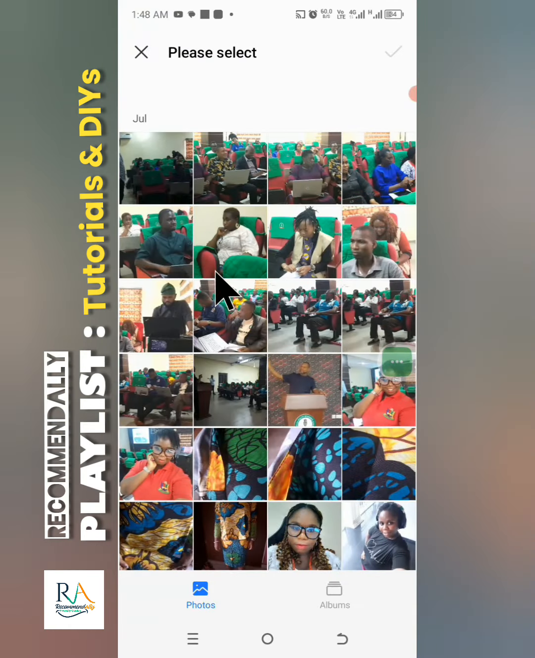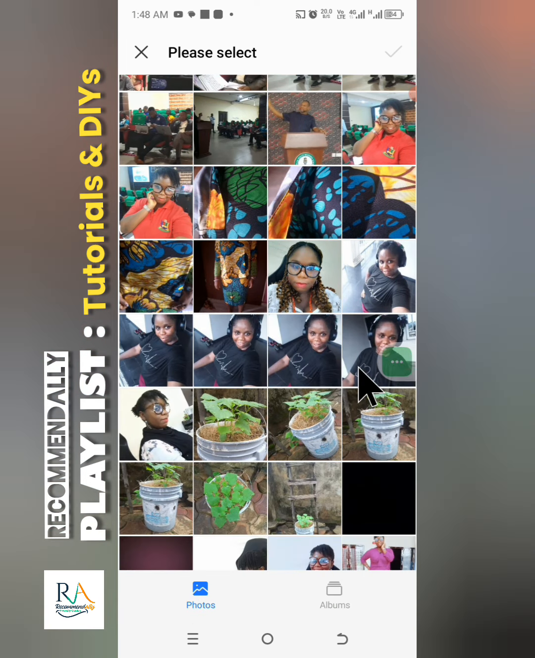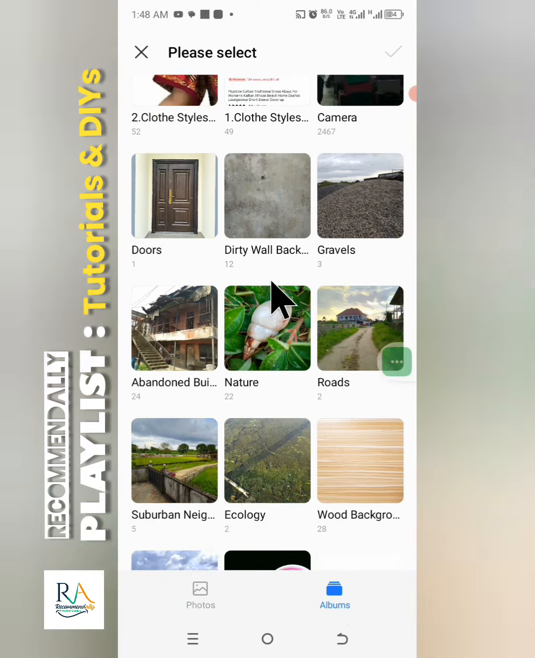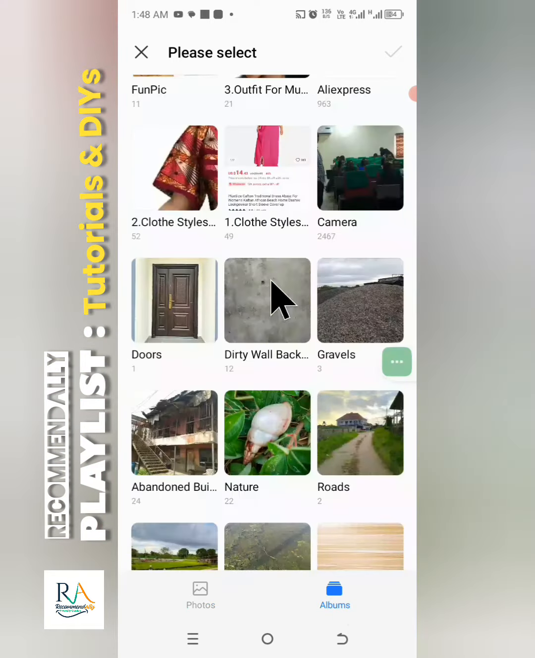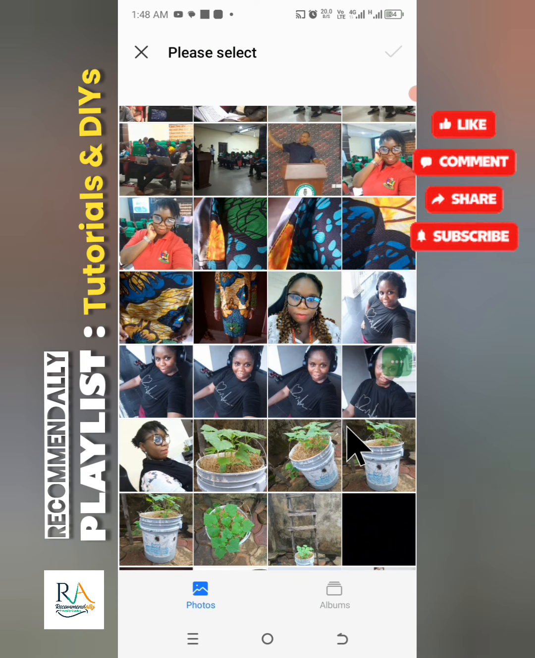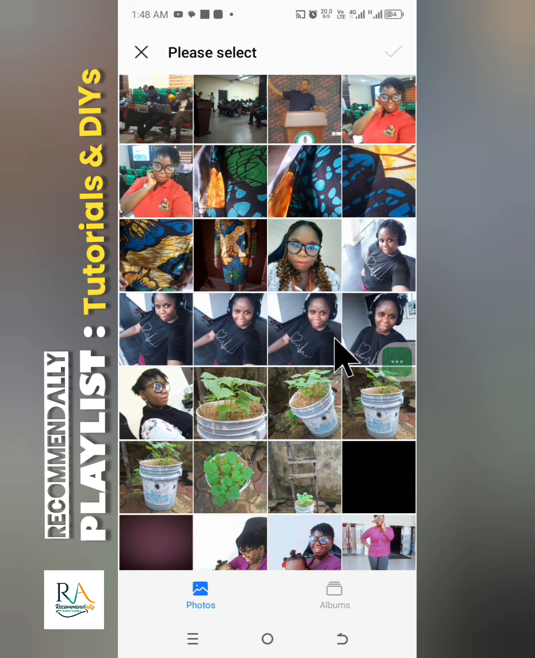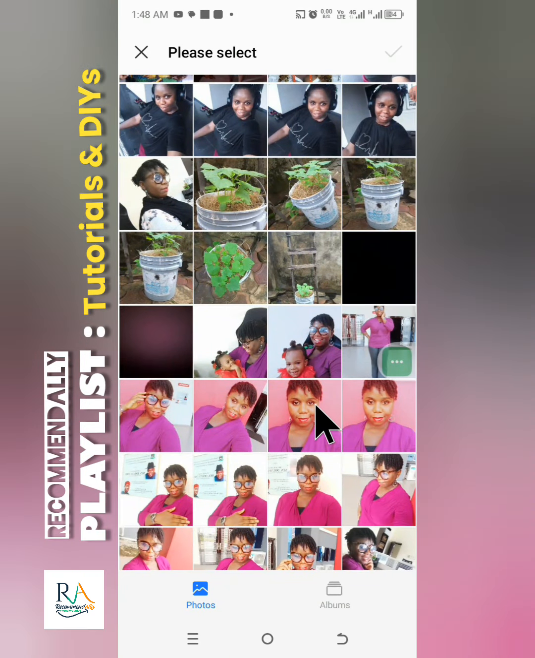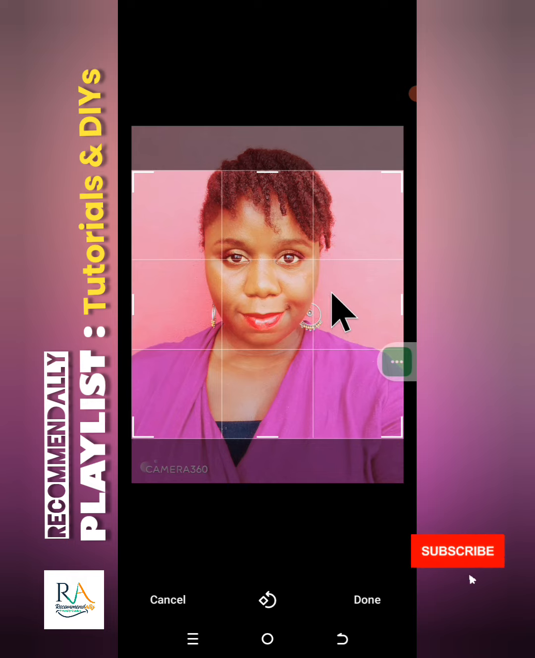like we have here. And then if you have your images organized into an album, then you can select the picture you want from your organized album, or you can just go down to your photos and select the picture that you want. So we are going to select one of these and then we are going to adjust it